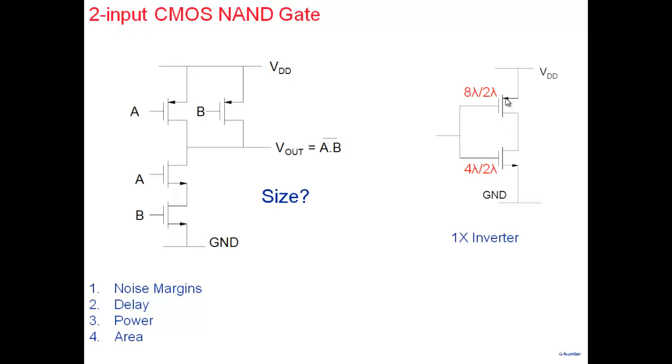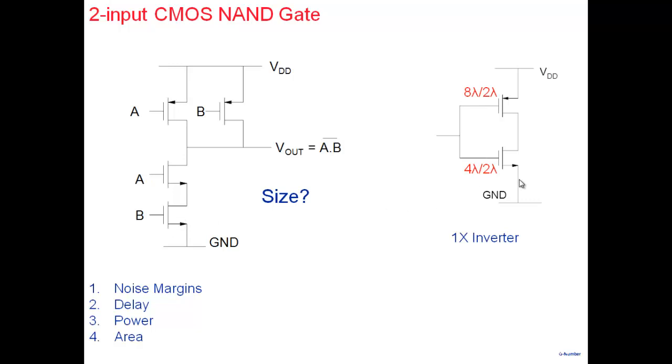It balances the current of the PMOS and the NMOS, and we end up getting the same delay for tau PHL and tau PLH. Now, when we go towards a NAND gate, one of the things we can do is size the PMOSs and NMOSs in such a way